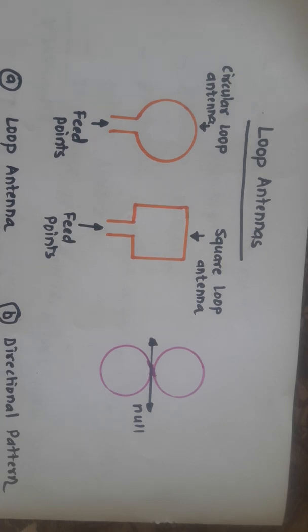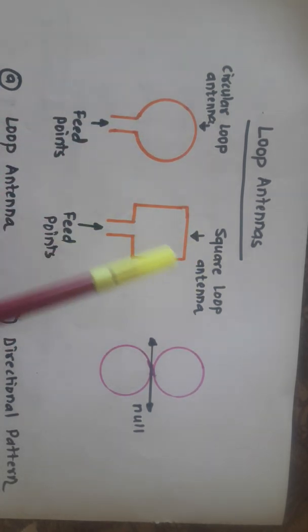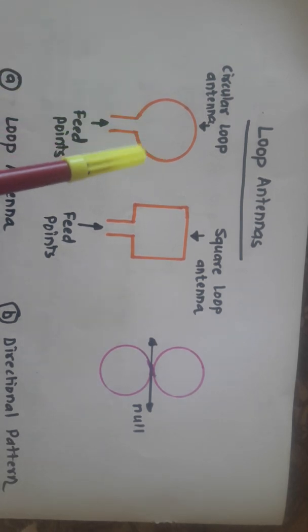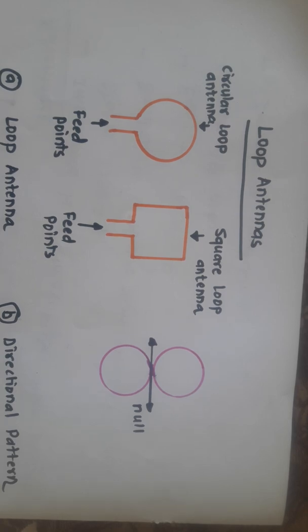As we all know, there are three postulates for a conductor to act as a radiator. The first one is that there should be an abrupt change in the dimensions of the conductor, there should be an abrupt cutoff in the conductor, or there should be an abrupt change in the dielectric of the conductor. Then and only then the conductor itself acts as a radiator. Because of such change in dimensions, change in position, etc., the radiation will take place. Also, whatever design we have created, circular or square loop structure, will decide the exact radiation pattern of the antenna.